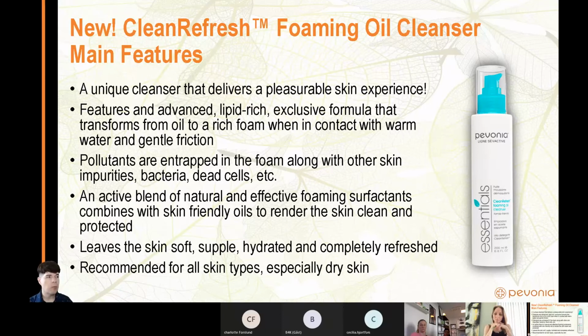So what is the problem? The problem is that with dry skin in particular, when you cleanse, you need to restore lipids into the skin as a first step also, because you cannot just ask the moisturizer or the serum to do the whole job. You need to fix the problem from the beginning. The beginning is the start of your routine, which is with the